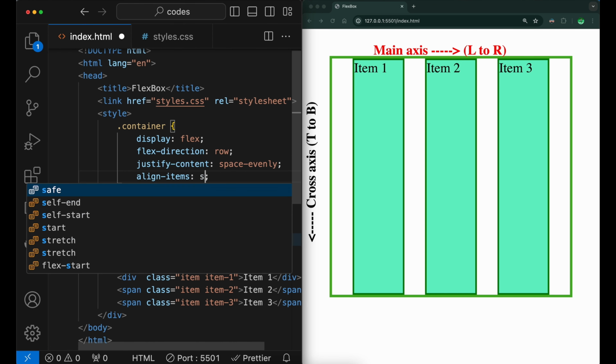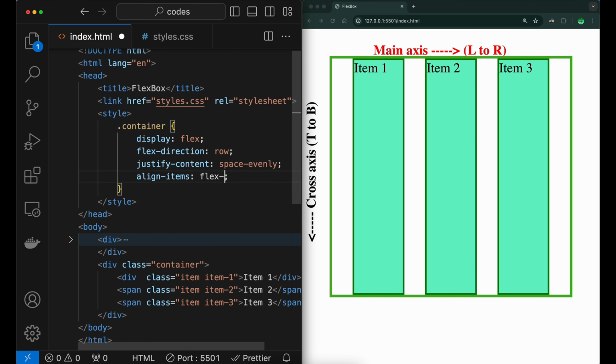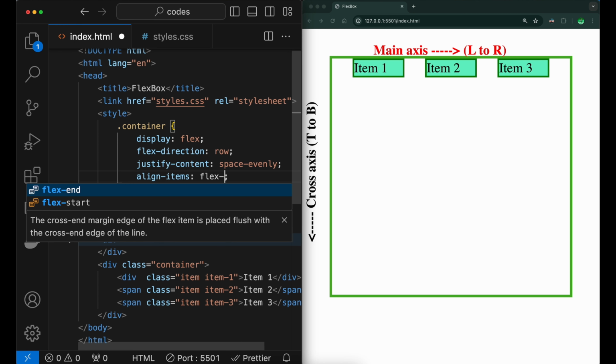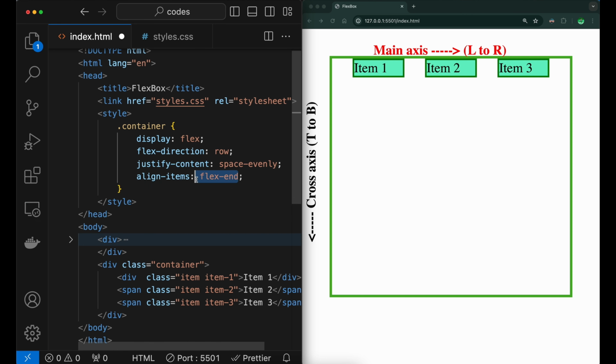Now if we change align items to flex start, or just start, the items will move to the start of the cross axis and won't occupy the full height. If you change it to flex end, or end,